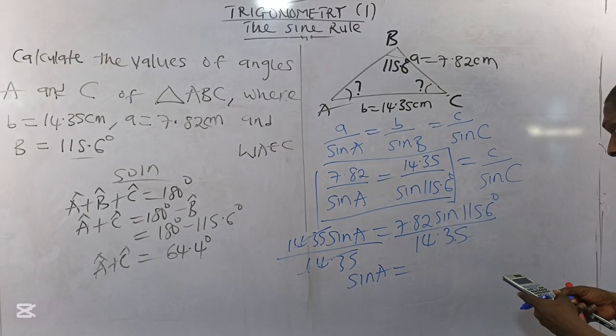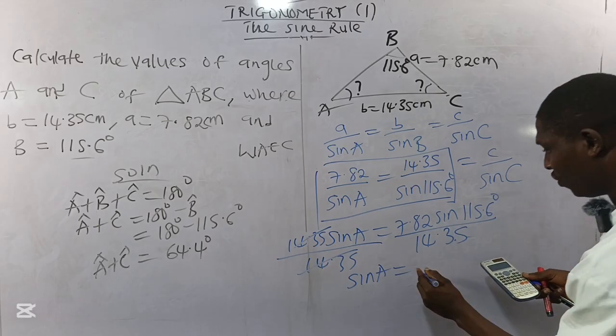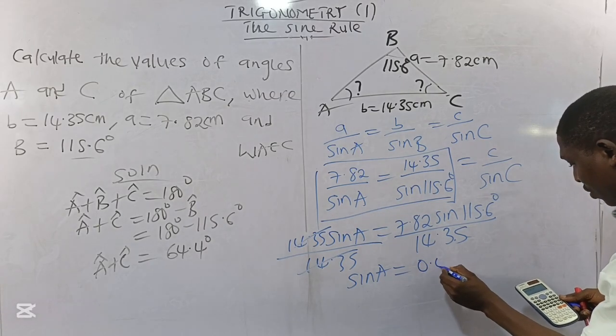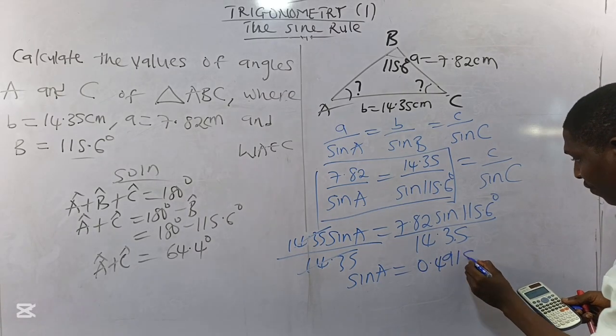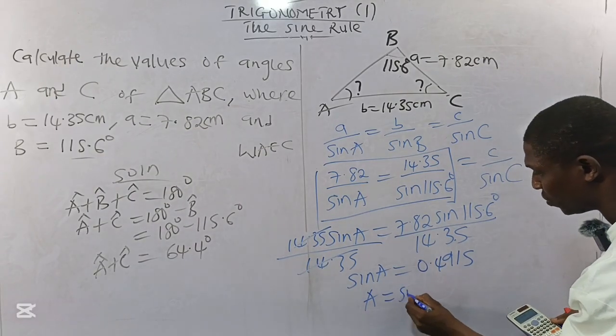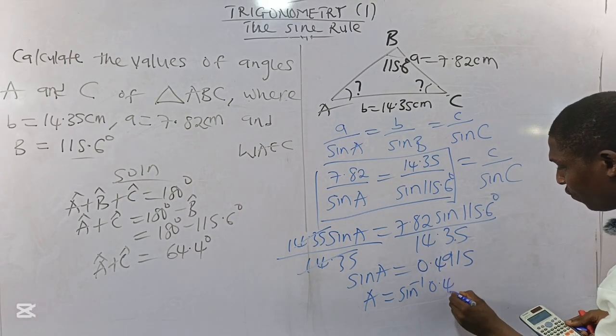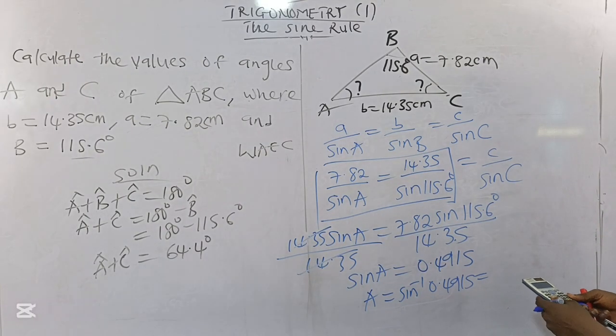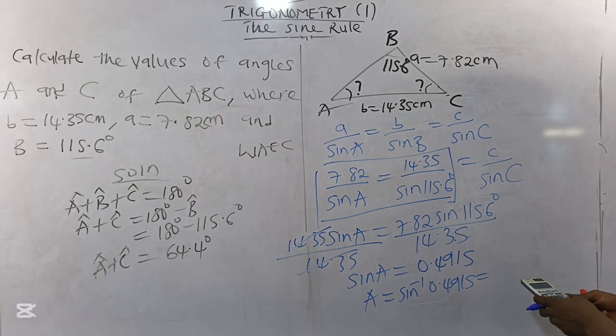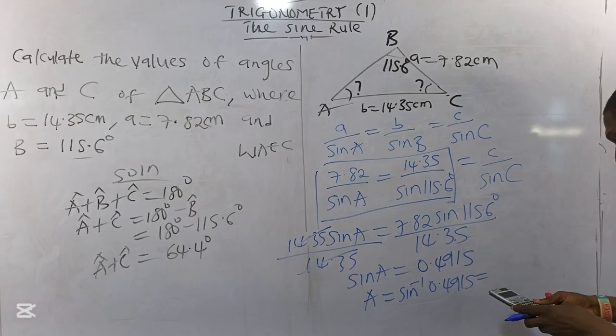So I can simply have 7.82 sine 115.6 equals this divided by 14.35, to give me a value of about 0.4915, and A will be equal to sine inverse of 0.4915. And if I solve, shift sine of 0.4915 will give me